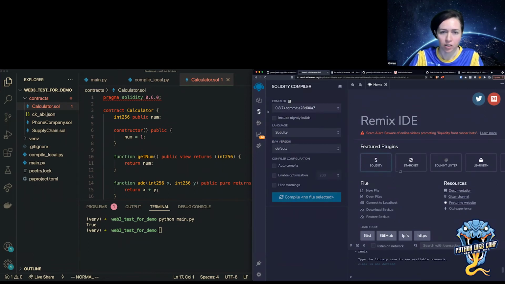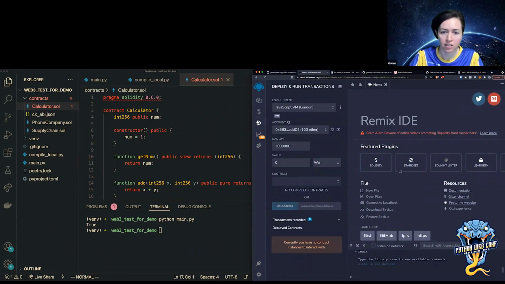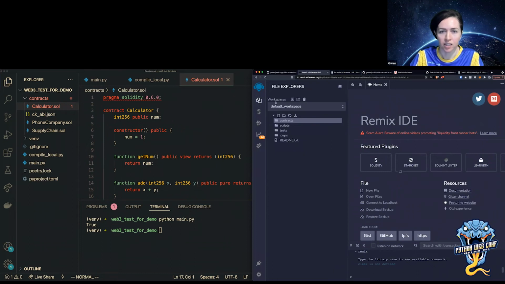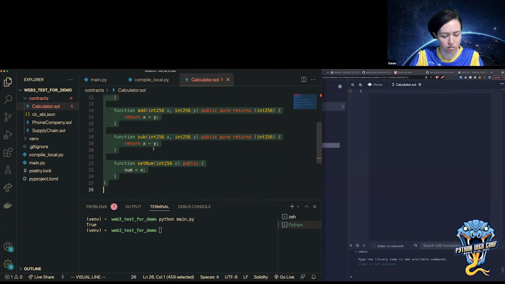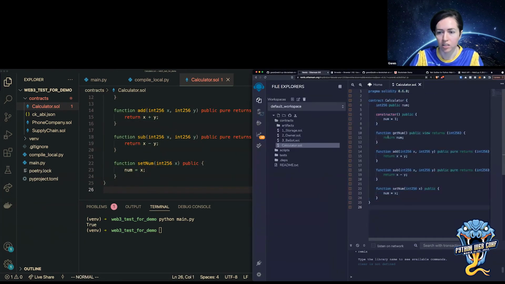On the sidebar, it gives me a compiler that I'm going to use in a second, a place where I can deploy the contracts and set gas and everything like that, and then a file explorer with contracts. So it'll give me these three contracts to look at, and this calculator.sol file. And I'm just going to copy this and paste it here.